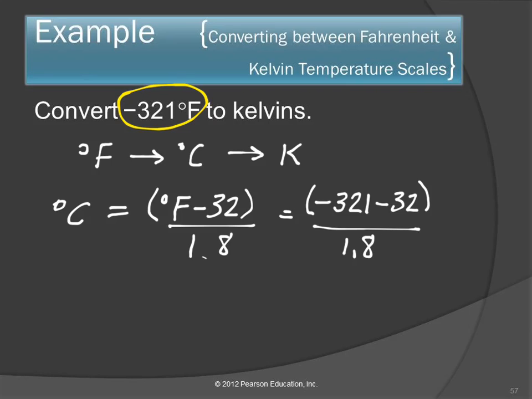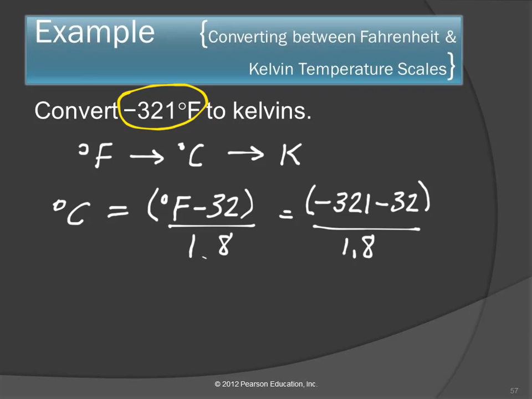Now watch your display. Some of your calculators don't do this, but if you have like a TI-30XA or any one-line display calculator, you can watch it. So I'm going to put in 321 and change the sign to make it negative. Then I subtract, nothing happens when I push the minus button, and then I press 3, 2. Now, if I push the divide button, what happens? It's still showing me 32. It's going to divide 32 by 1.8. That's not what I want.